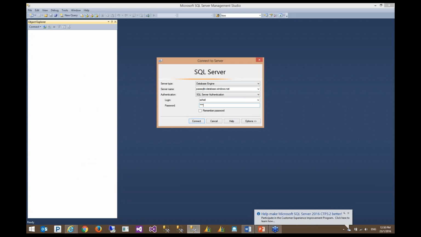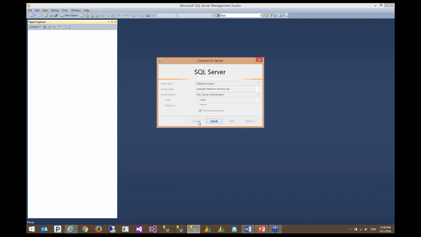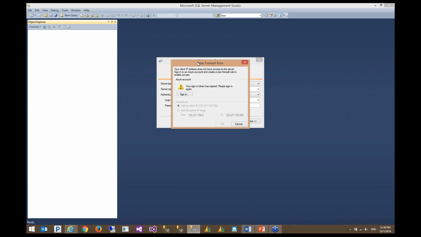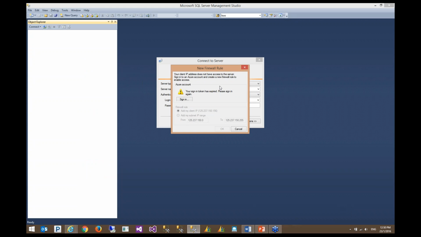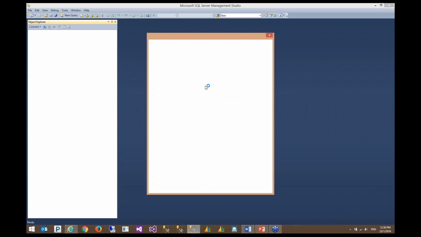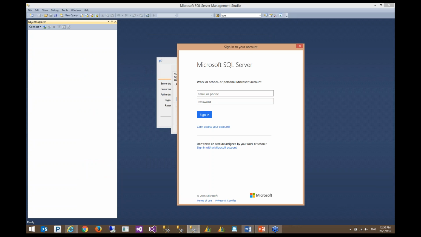And my password, and click connect. And this is the new feature added to Management Studio 2016. I'm going to sign in to my Azure account from Management Studio.